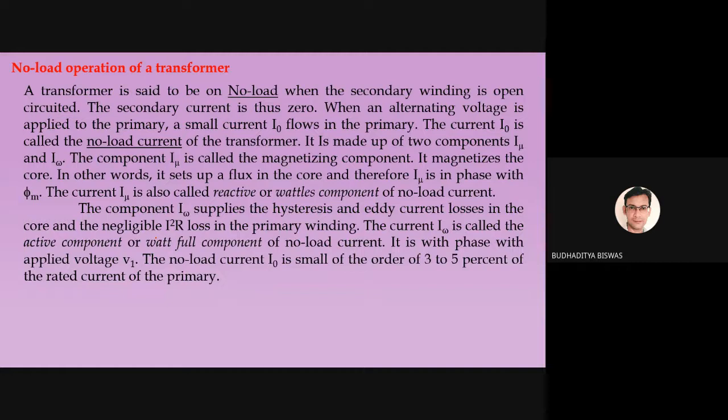Look here, the no load current is generally very small. So we want to measure a very low current, and the transformer has two sides. In one side the current is low and in the other side the current is high. If you want to measure a very small amount of current, which side do you prefer? Obviously we choose the high current side, and high current side means low voltage.